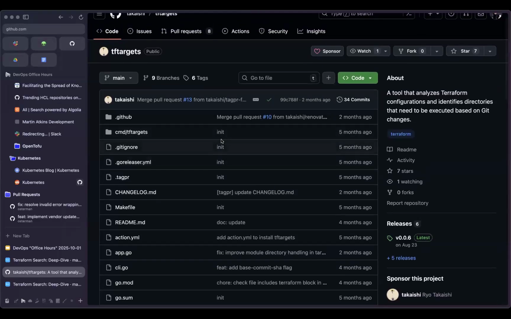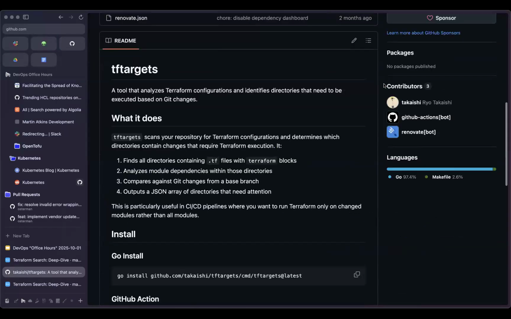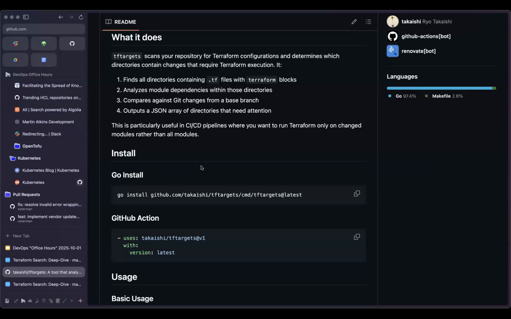Maybe based on what changes you want to run different Terraform commands. Tools like Atmos and Terramate include this out of the box. In Atmos it's atmos describe affected, or atmos terraform plan --affected, atmos terraform apply --affected, which will compare two commits and come up with a graph of what should be applied in what order based on dependencies. This is implementing this in a generic way, where let's say you're not using a framework like Atmos